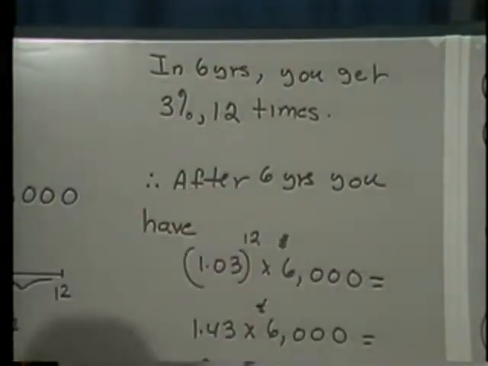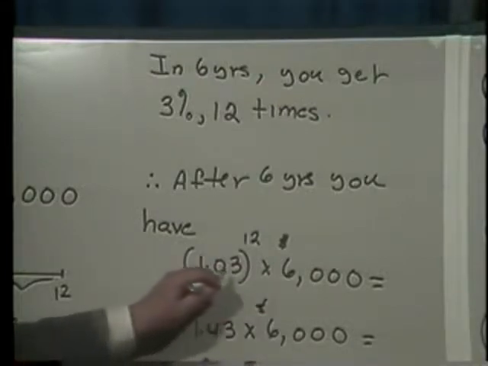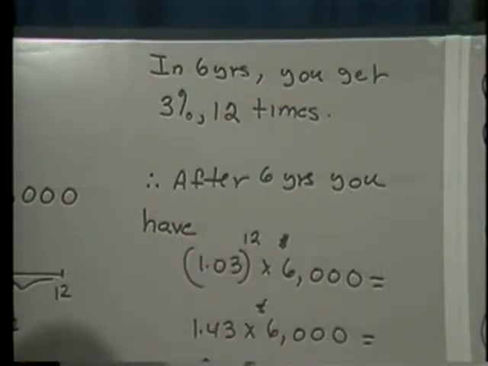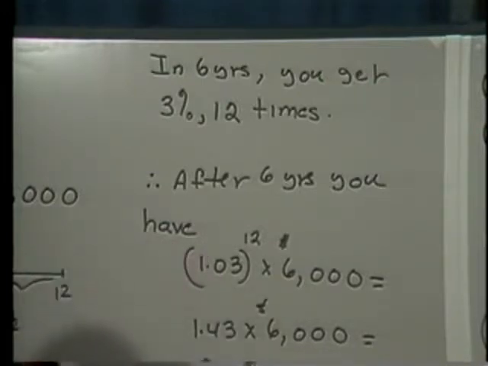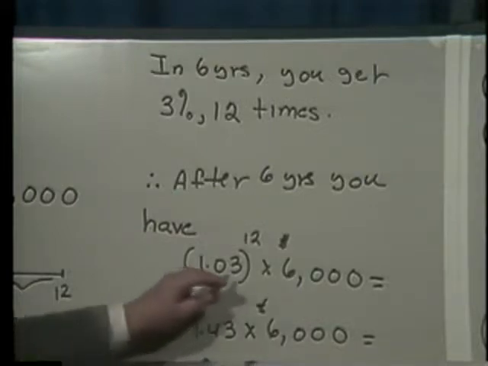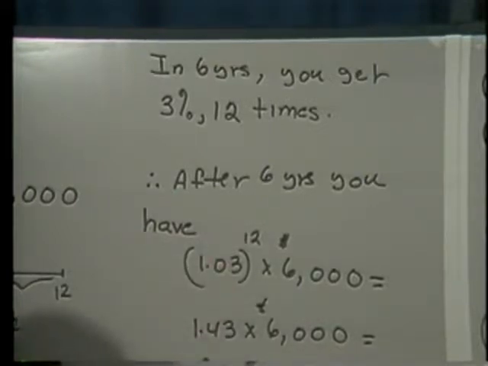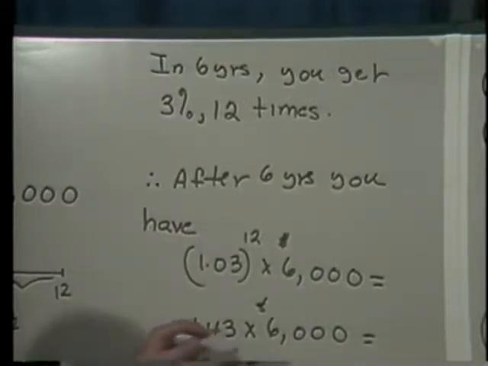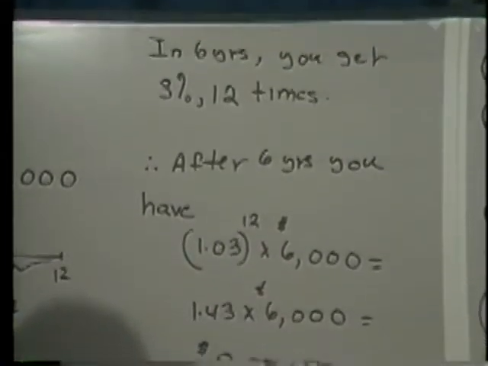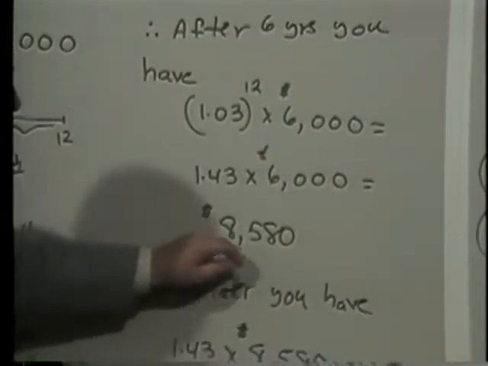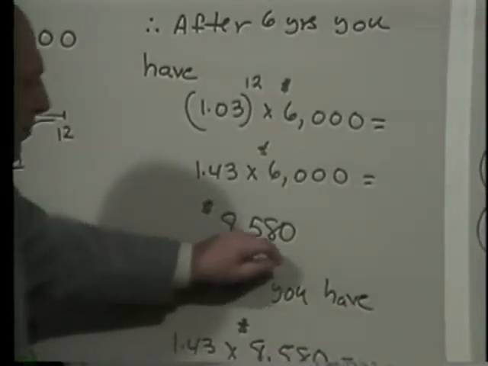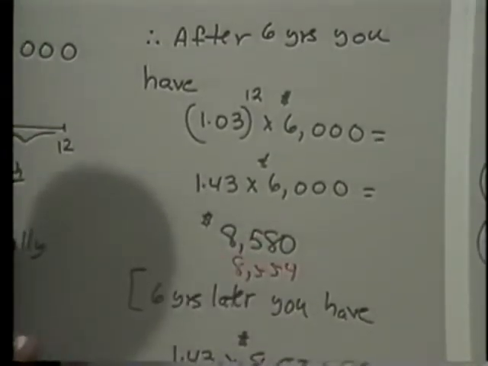So after 6 years, you have what? 1.03 to the 12th power times 6,000. See, you're taking 103% of 103% of 103% 12 times. In the problem, I tell you that 1.03 to the 12th power should be taken to be 1.43, okay? Actually, remember I told you it came out to be 1.42 something. On my calculator, I may have made a mistake here, but as my recollection goes, on my calculator, I think